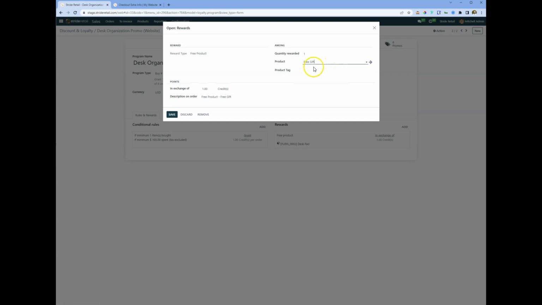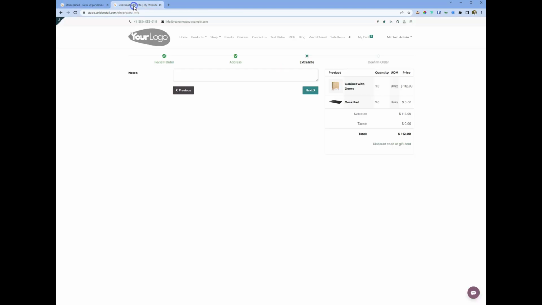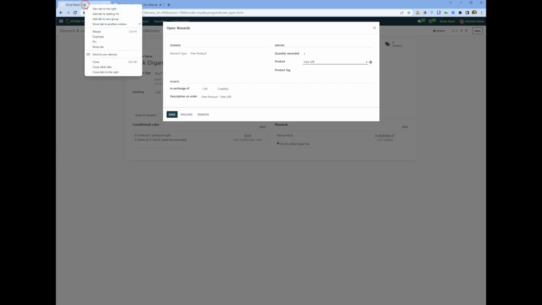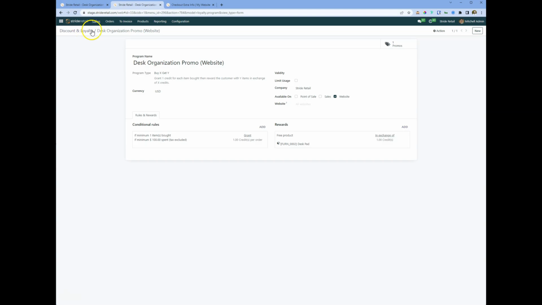So we could create a free gift product, and then we could just say in our promo, hey, at the end of your checkout, specify what free gift it is. So on this one, it would be the desk organizer, like, is what I want. If you remember from our previous explanation, I think we had in our inventory,